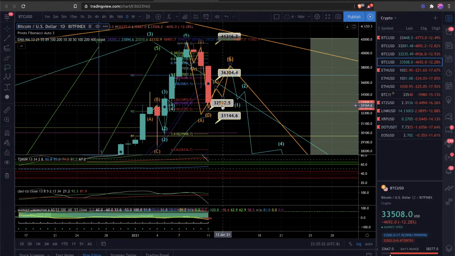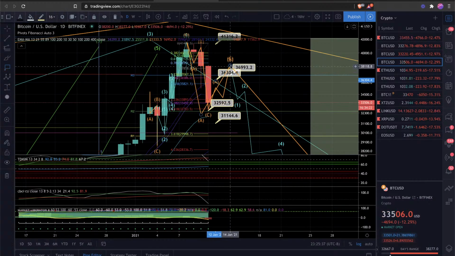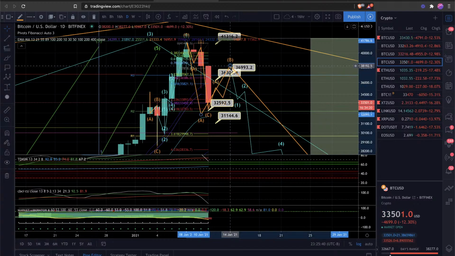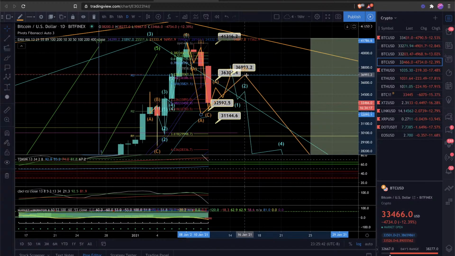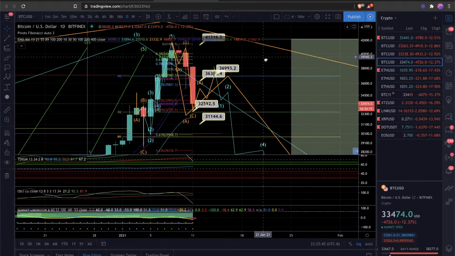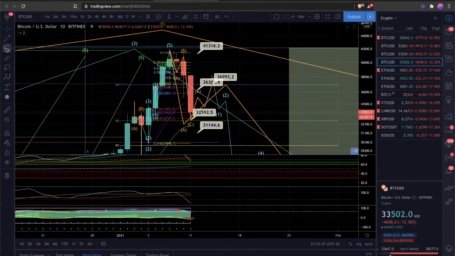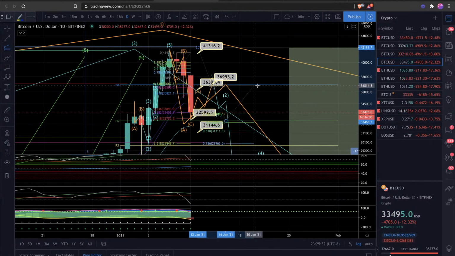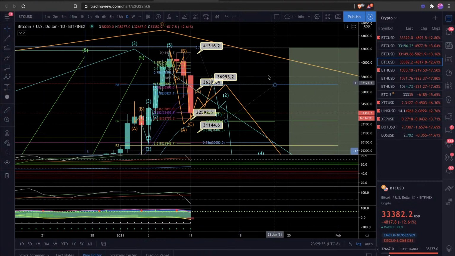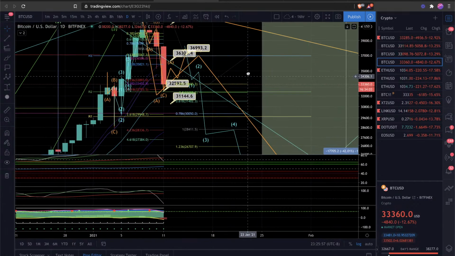So we'll look at another time frame here. So we might be looking at another C up. And we did have one right there at 36, and on the daily here we have another one at 36.9. So that actually might be a pretty sweet pocket here for a B wave. And if that's the case, and if that is a wave one, we can go and pull these extensions down. And let's plan for the 36.9,